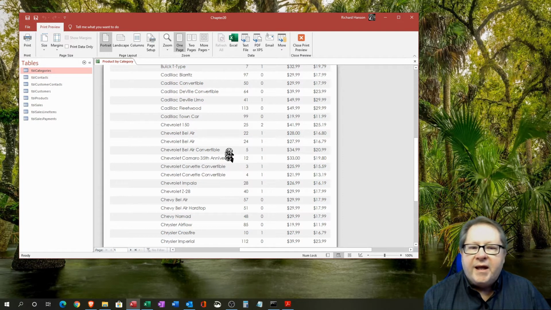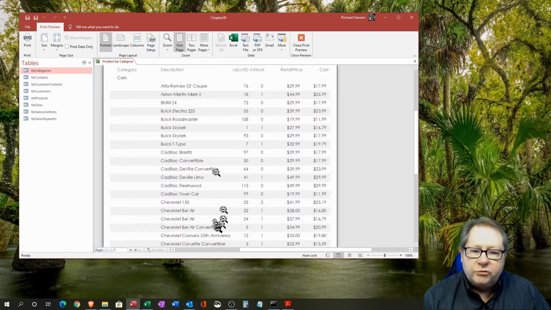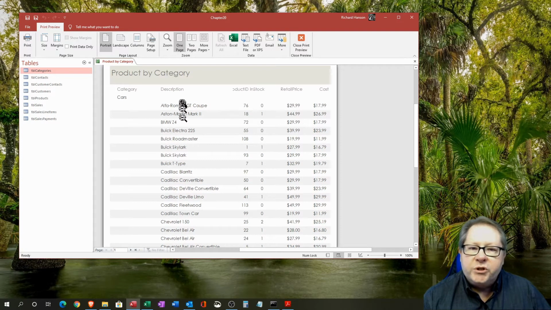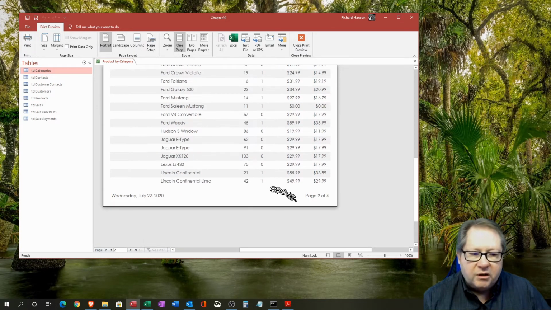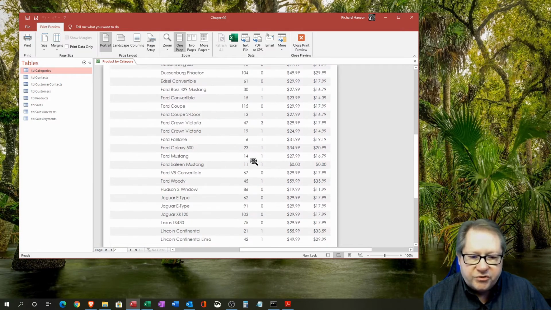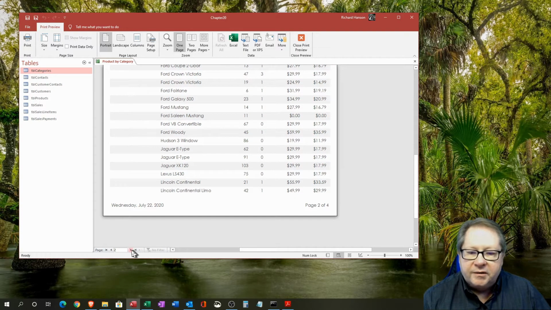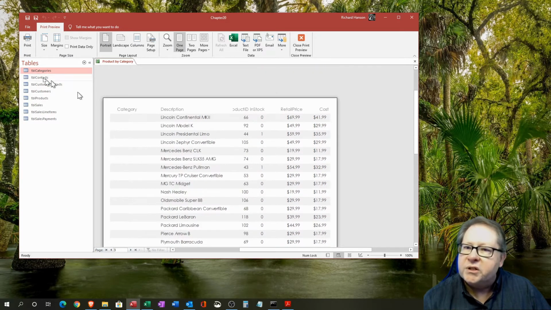I can see anniversary is cut off here, so probably don't have quite enough room for some of the descriptions, which should allow me to go ahead and put this farther over to the left and give these more space. But as far as the prices and everything, they're looking good. As I go onto different pages here, you can see most of the descriptions fit just fine. The inspection process here is turning out quite nice. So let's go ahead and go back